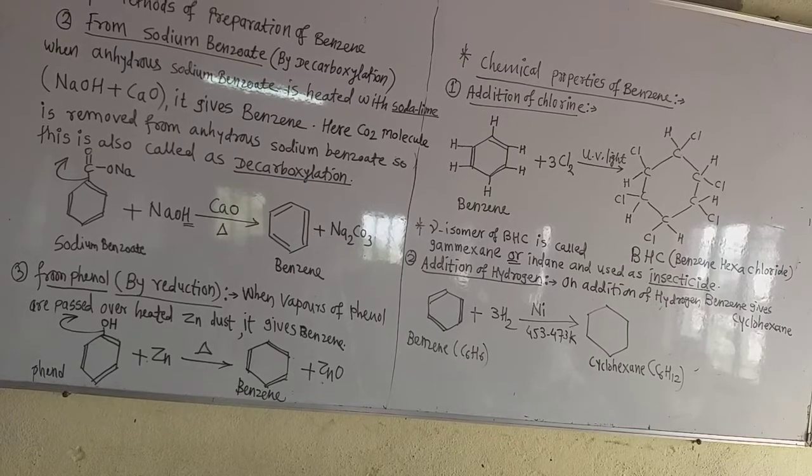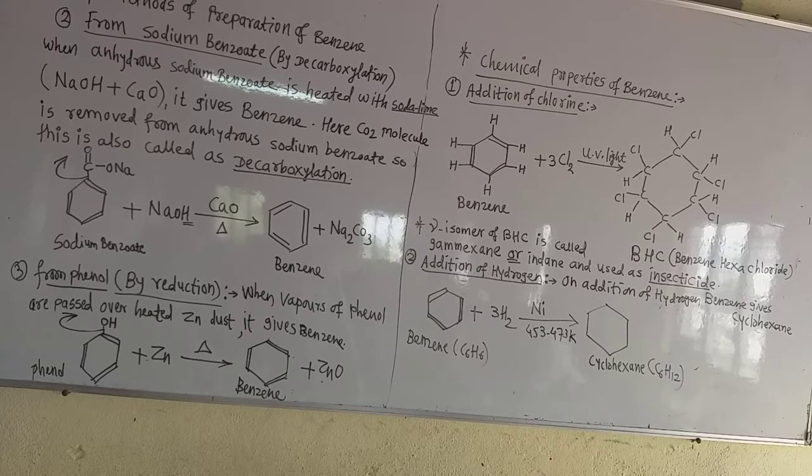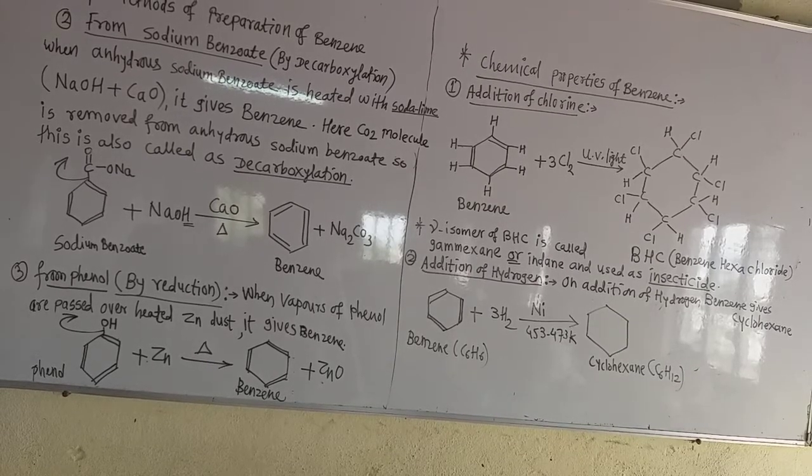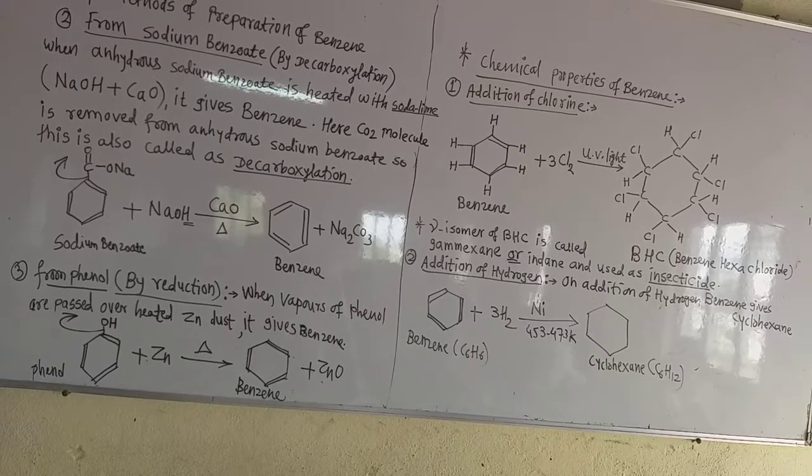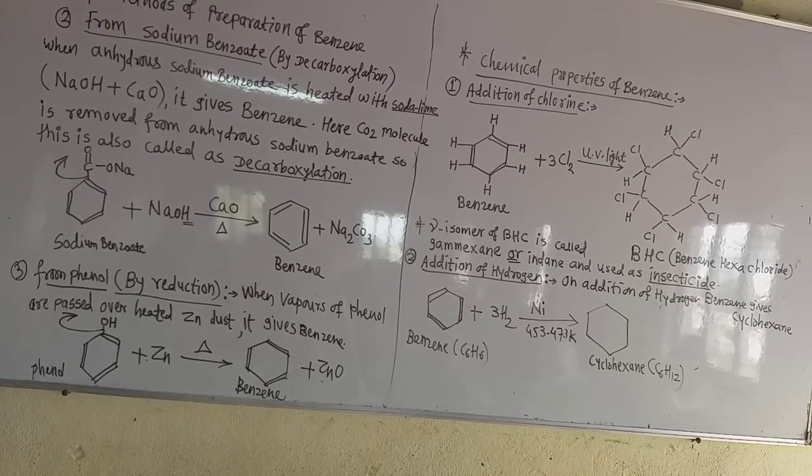These are organic solvents, and organic dissolves in organic. That means like dissolves in like. We already saw that while studying the properties of carbon compounds, organic compounds. We know that organic compounds are not soluble in water or in polar solvents, but they are soluble in non-polar solvents, that is organic solvents, such as ether, chloroform, alcohol, etc. Benzene vapors are highly toxic because benzene is toxic.